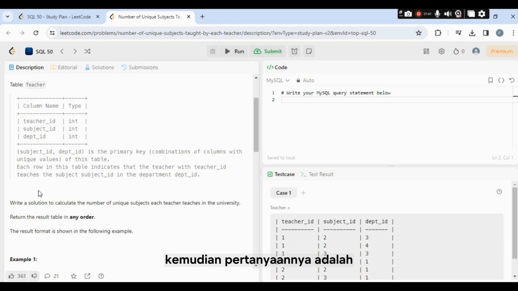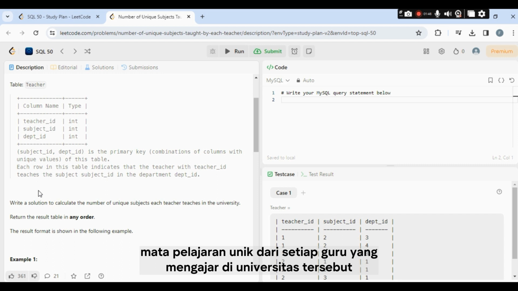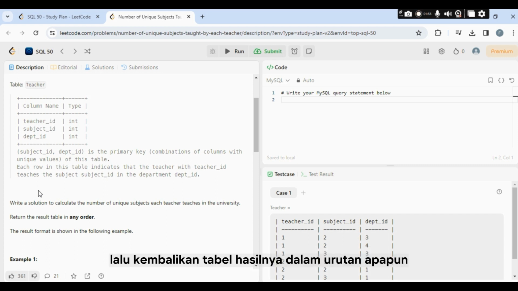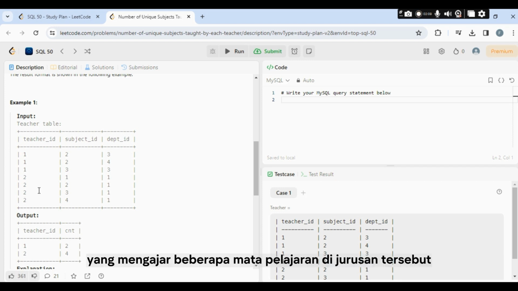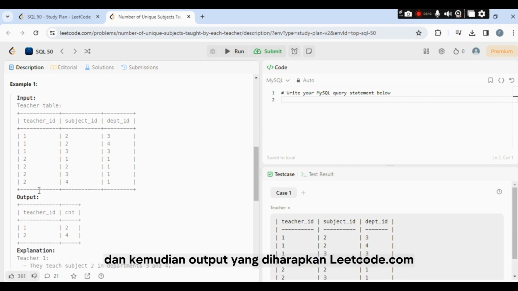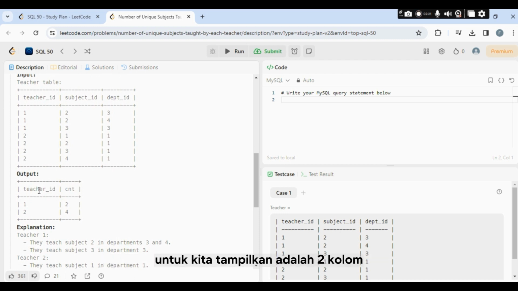Then the question is, write a solution to calculate the number of unique subjects each teacher teach in the university, then return the result table in any order. So if we look at this complete view of the teacher table, there are two teachers who teach some subject in the department, and then the expected output that leetcode.com expect us to display is two columns, teacher ID and